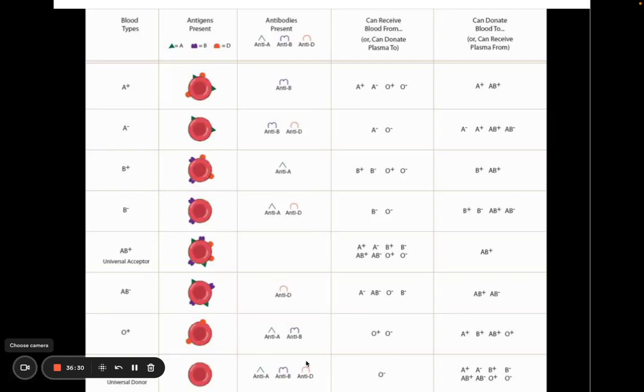Okay, so my O negative, look at my red blood cell. I have no antigens on it, which means for antibodies, I have all of them. So I can't receive from any of these, okay? Because an antibody is going to connect with one of those antigens on any of these blood types. So I can only receive blood from O negative, but you betcha that I can donate to every single blood type. So universal donor, it's awesome being the universal donor, especially if you like to donate blood,